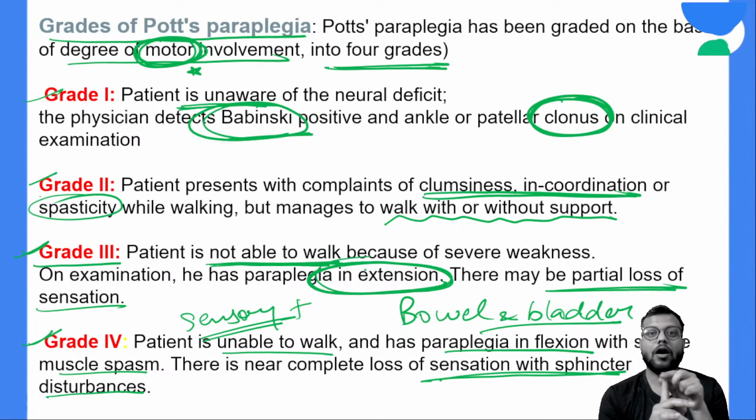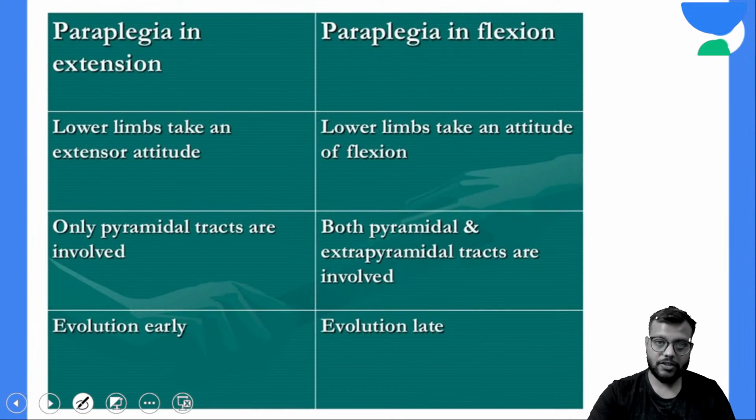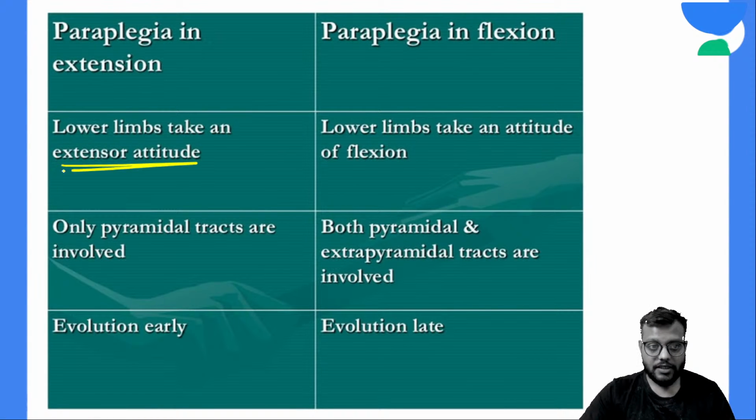In grade 2, the patient can walk, but there will be incoordination or clumsiness. In grade 3, there will be frank paraplegia in extension with no sensory loss. In grade 4 there will be paraplegia in flexion, then complete flaccid paralysis, and there will be sensory loss and the sphincters involvement. Okay, so paraplegia in extension we have already discussed that it will be extensor attitude of the